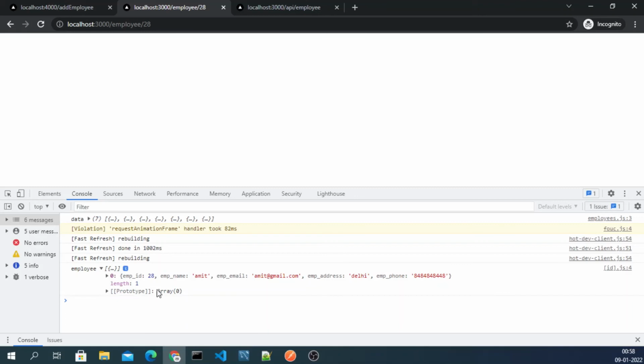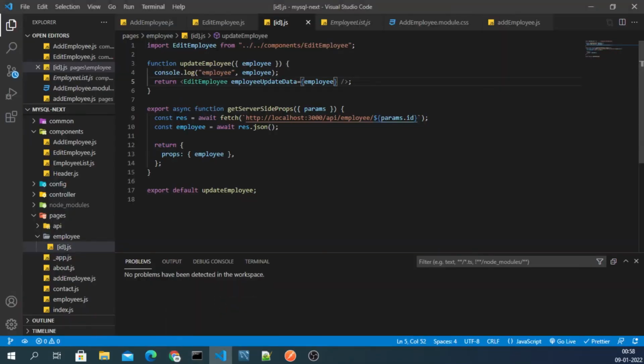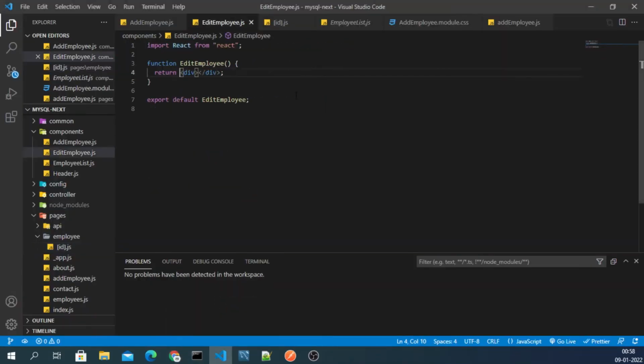This employee has id 28 and his name is Amit and his email id is this, so we are getting a particular employee, right? We are not getting anything here because we did not write anything inside the edit employee component, right?